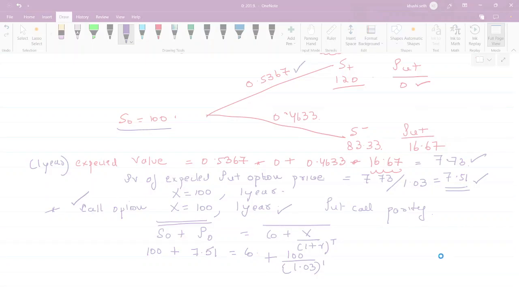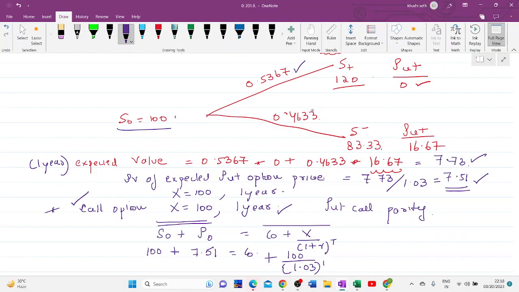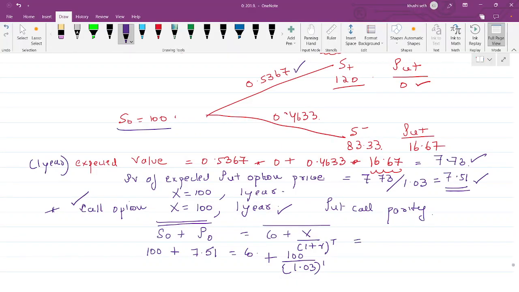C0 कितना आ रहा है? C0 कितना आ रहा है बोलो? 107 point 10.43. 10.43 आ रहा है। मेरा 10.42 आ रहा है, चलो 10.42। तो मेरा C0, the no arbitrage premium of my call, should be 10.42। अब इसको ऐसे भी कैलकुलेट कर सकते हैं, सिर्फ रिस्क न्यूट्रल प्रोबेबिलिटी ऑफ एन अप मूव और डाउन मूव के थ्रू भी कर सकते हैं। वो भी करके मैं दिखा देता हूँ, वो 10.42 ही आने वाला है, राइट।